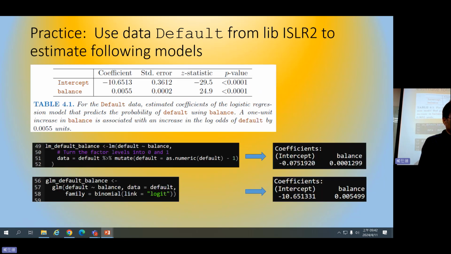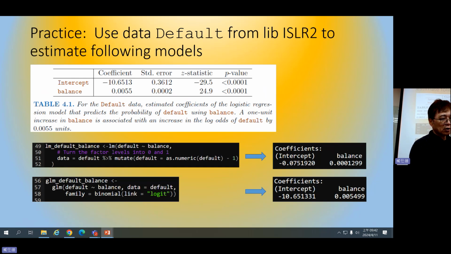Basically, I think you won't have problems in interpreting the results of logistic regression. Sometimes you need to transform the results into expected probabilities or predicted probabilities, or sometimes you may interpret the results in log odds.